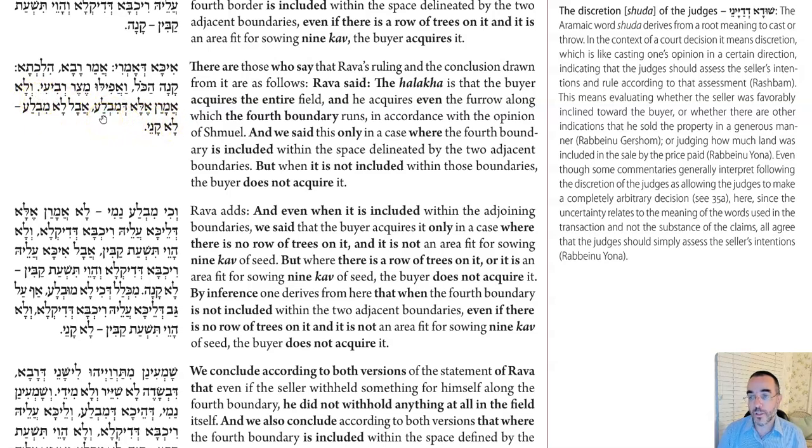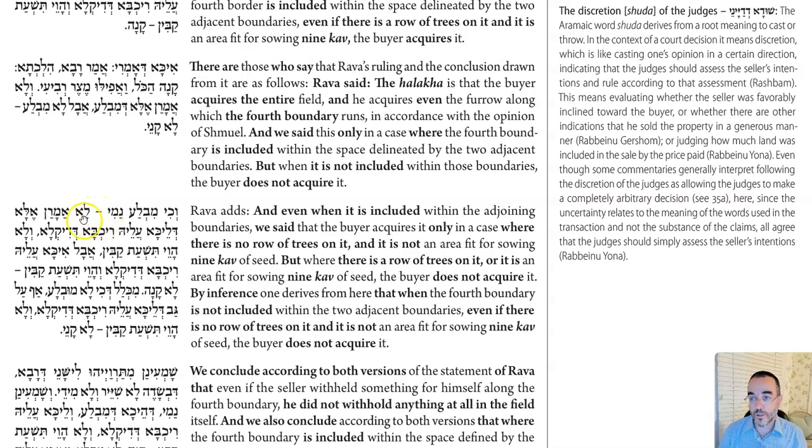That 4th line, if it is subsumed within, then he gets it. But if it's not subsumed and sticking out, then the buyer does not get that 4th side. But there's a limitation on that limitation. Even if it's subsumed, in which case, according to this, it should be included in the sale,